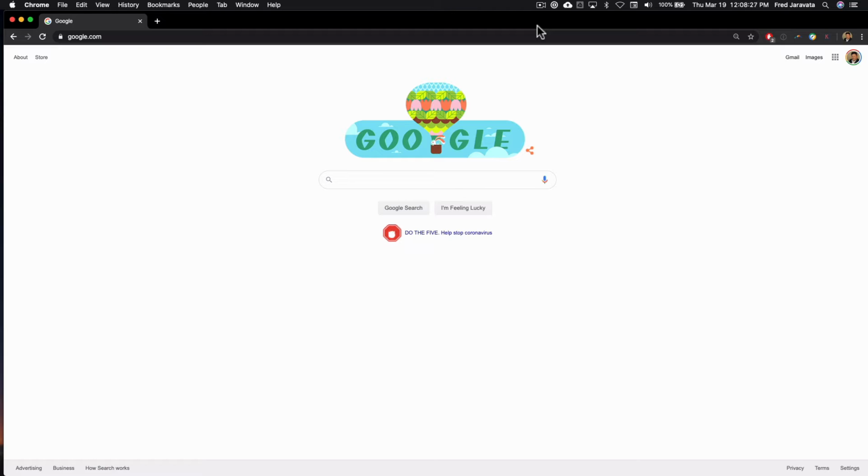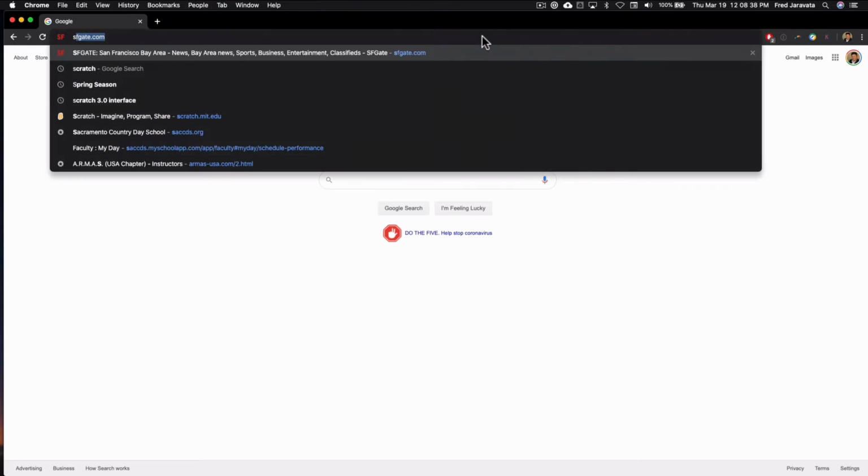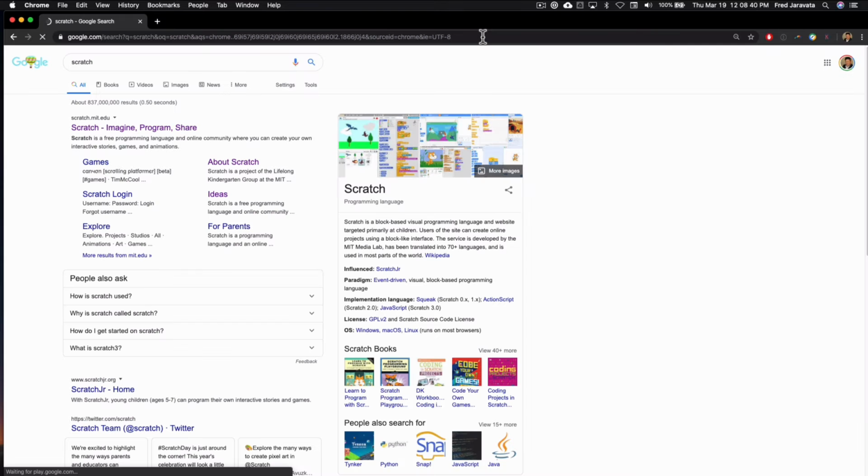Let's get started. Today, we're going to be talking about how to learn how to code. One of the best ways to learn how to code is through Scratch. So you go to Google, type in Scratch, and then you'll see it is the first link here, Scratch Imagine Program Share, and it's by MIT. Click on that,